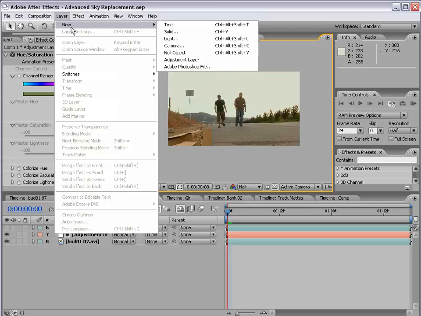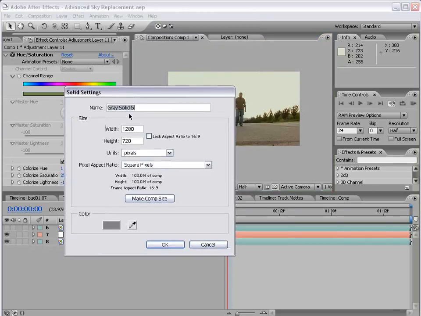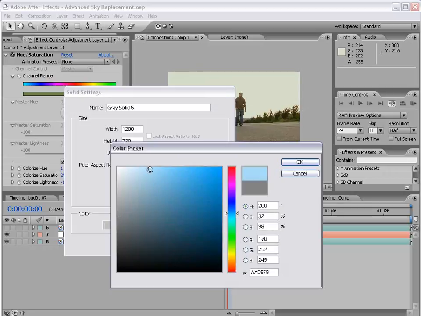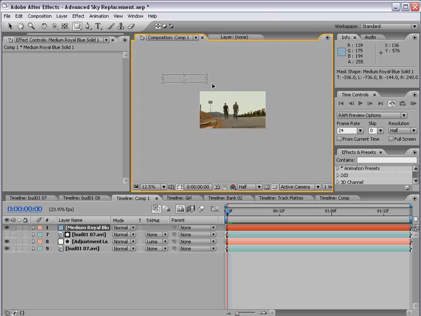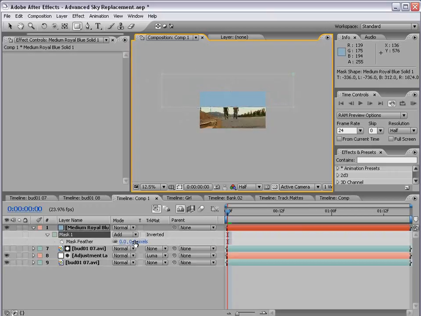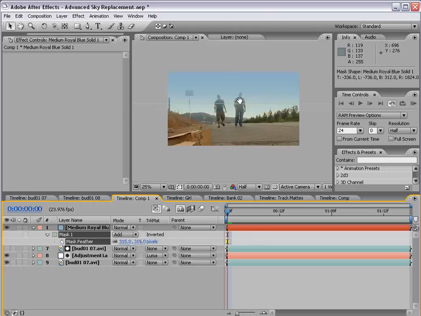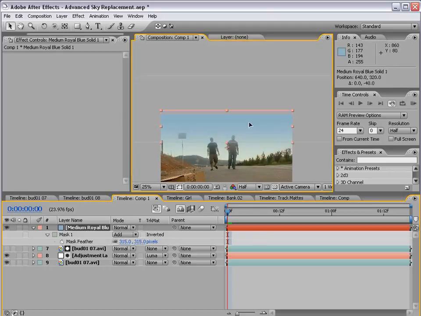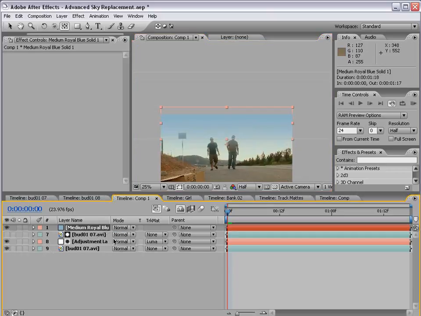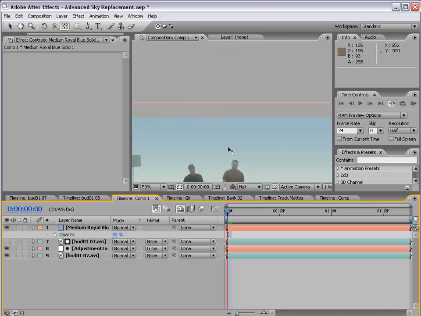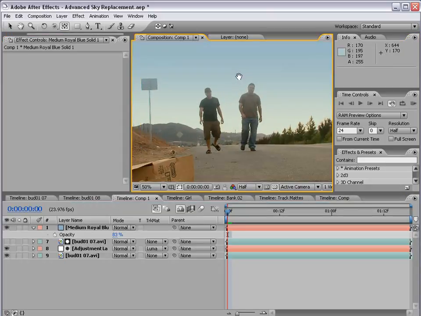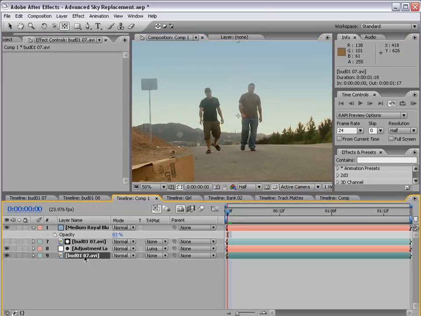And we can even add a new solid that has, say, a light blue color in it, and just add a mask through it and feather it, F to bring up the feathering. We just feather it out like this. And then you can also bring the opacity of the layer down some. And then again, we sort of lose our characters, and to fix that, we can duplicate our footage,